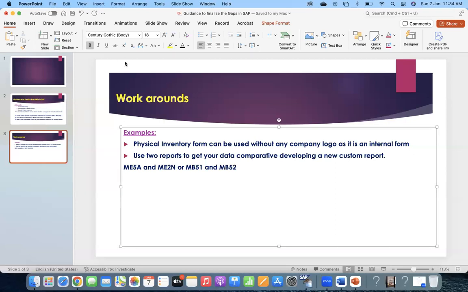If they are satisfied with this, I'm giving you examples where there is a solution, but not 100% as expected by the business. For example, they wanted to have a new field in organization data, to input a new field in header data, in the PO header or else the PO item, to see the last PO